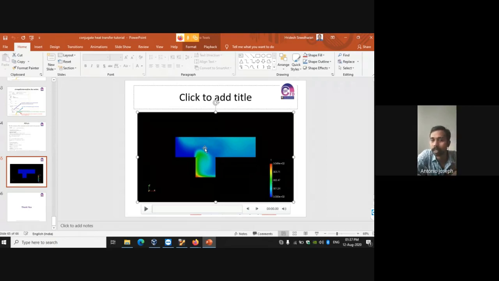All these geometries we are creating using blockMesh. We'll be getting familiar with one more dictionary file called the topoSet dictionary file. This topoSet dictionary file is used for creating these geometry sets.